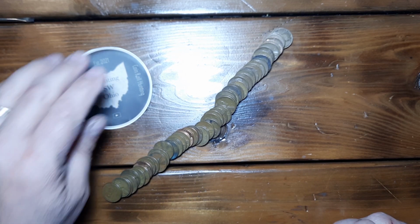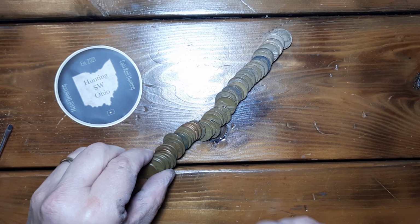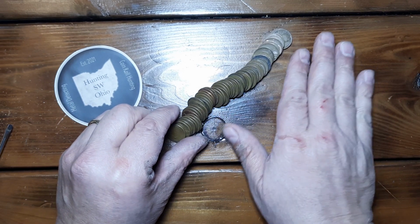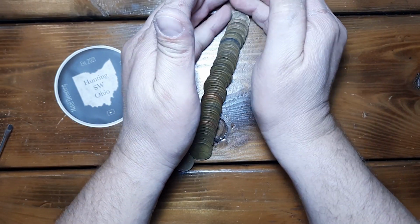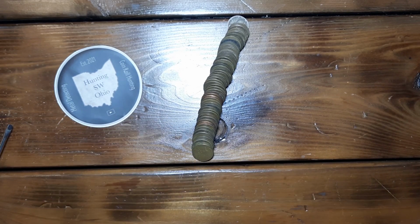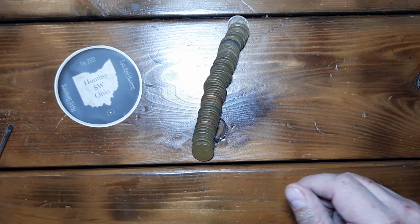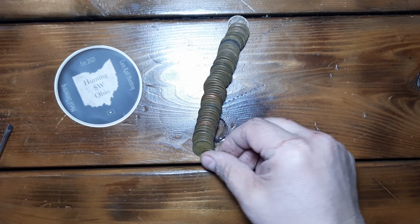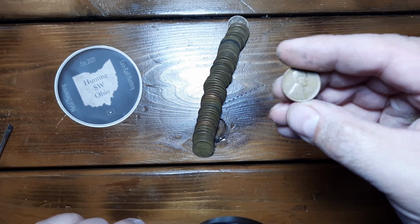So like I was saying, this roll and the last roll that I did as far as the eBay search were from the same seller, and the rolls that I just purchased that I'm going to do in my mail call video are also from that same seller. Got a great deal on the ones that I just bought, so you'll be seeing them coming up in a mail call, and then we'll be getting into those here soon. So anyway, penny number one, we have a